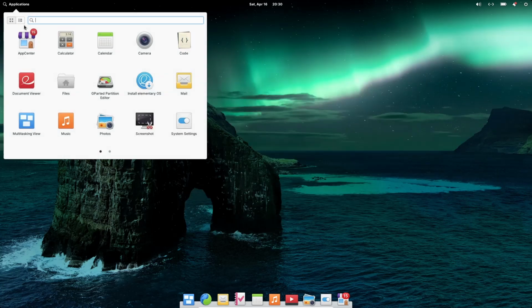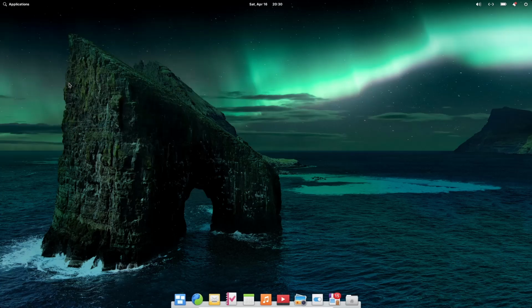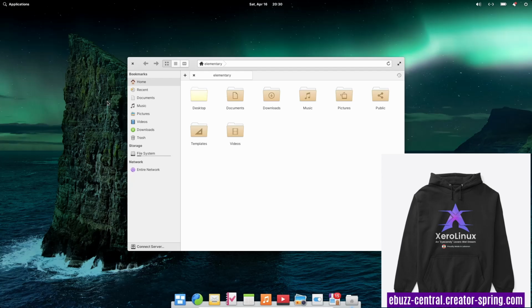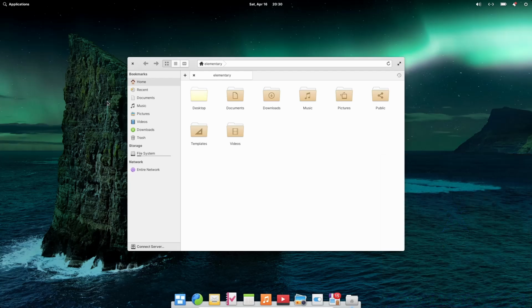Let's go back over to applications. You've got your file manager. Let's go ahead and open that up. And when it opens up, it's got a consistent theme with the rest of the operating system. When I do talk to people, they say sometimes one of the things that turns them off about Linux is that the themes don't match across different applications. And you will have that, especially if you're running GTK themes in like KDE or something like that. But Elementary has worked really hard to make this a very integrated feeling operating system.